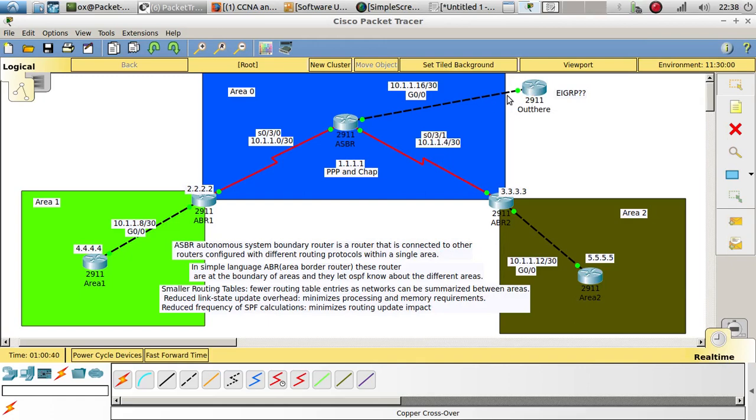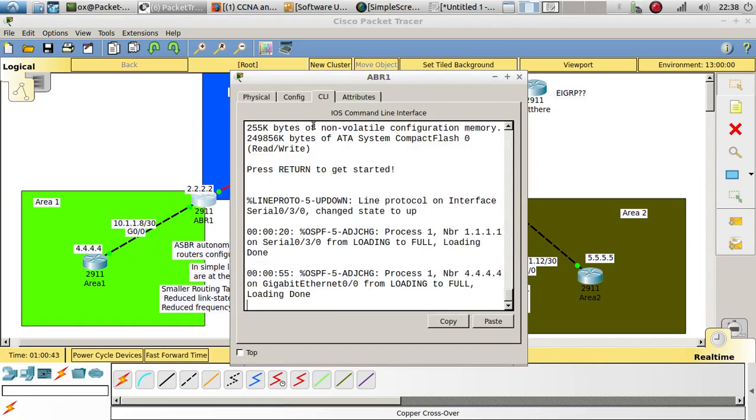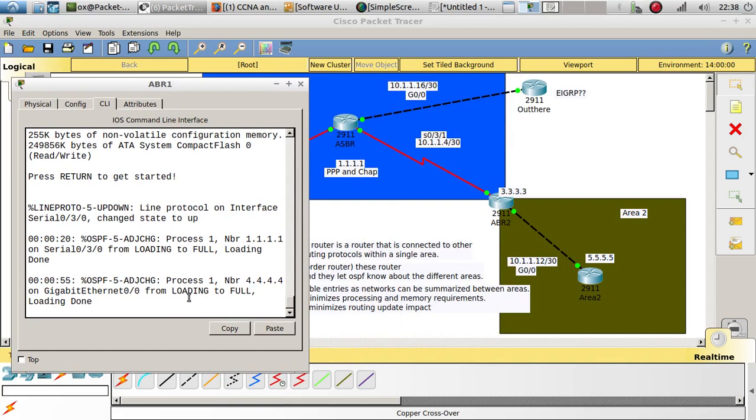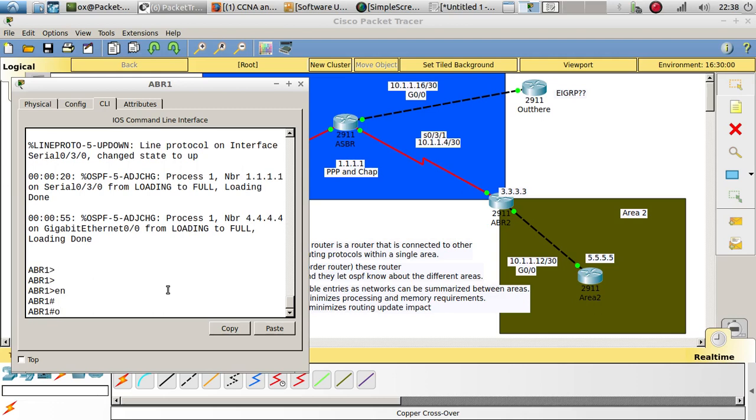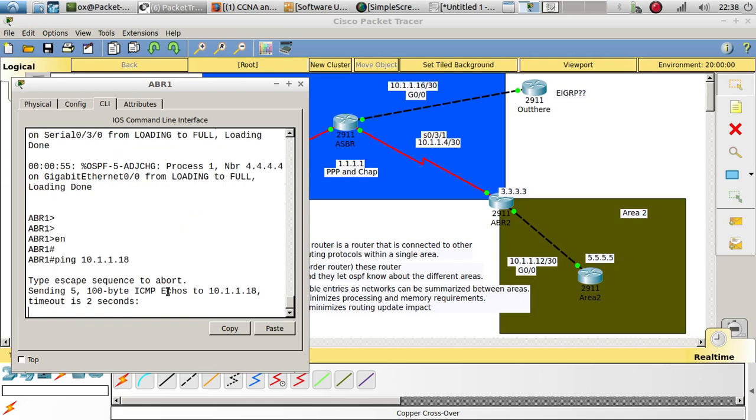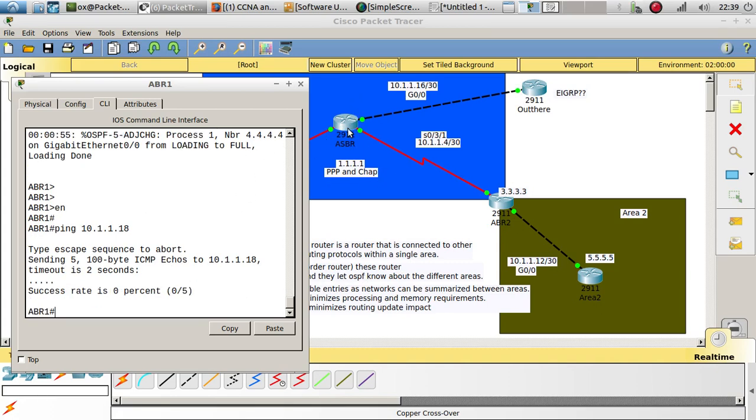are able to ping each other, but we cannot ping this router out here, right? If we do a ping 10.1.1.18, we cannot ping this router over here because it's using EIGRP, and we are using OSPF on this side. And since we're using OSPF, we need to redistribute OSPF to EIGRP